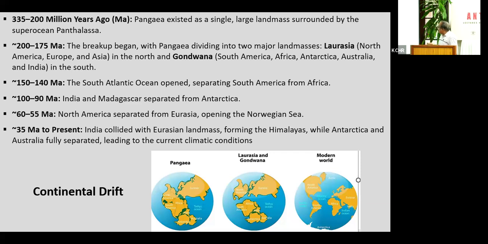Gondwana is separating, and India is getting separated, Madagascar is getting separated, Australia, Antarctica, everything getting separated, and India is basically colliding with the Eurasian landmass, and here it is getting attached. So the whole continent of India, the peninsular India, is getting attached with the Eurasian landmass, and that is the first part of the historical